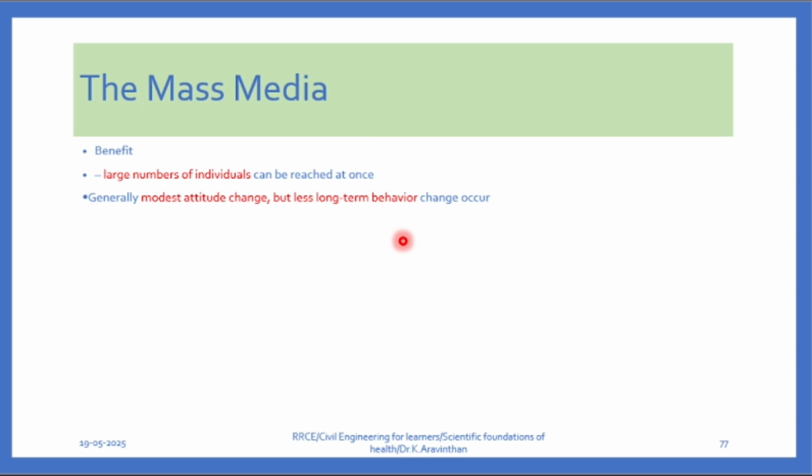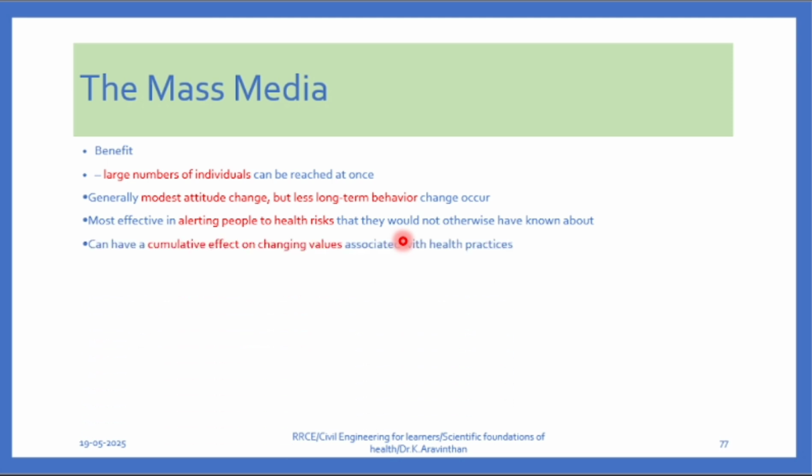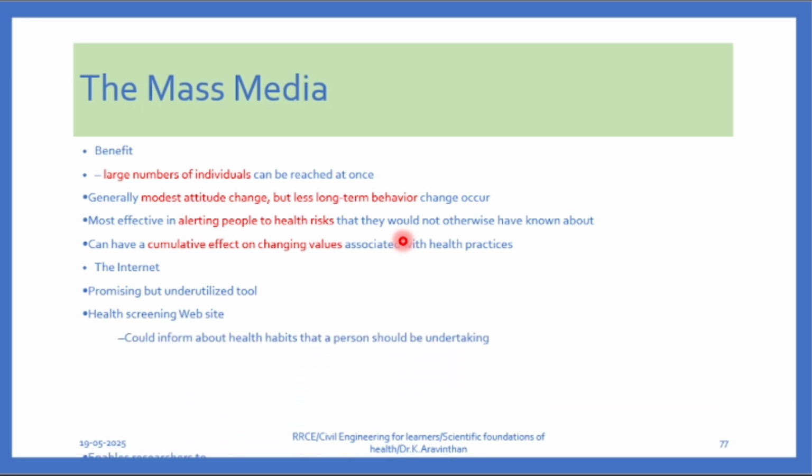Whatever change they bring through mass media will not be long lasting, it will last for a lesser time. Most effective is altering people's health risk, and the cumulative effect on changing values can be changed. So cumulative effects are, it can enhance the rules and norms, but only through social media you cannot make something happen. So promoting, utilizing tools,